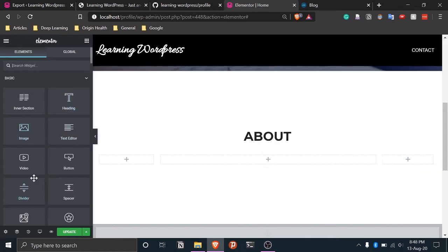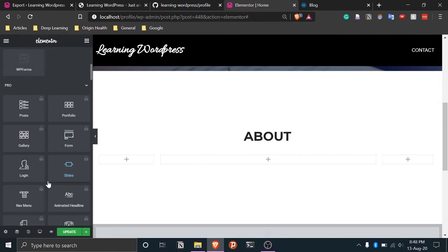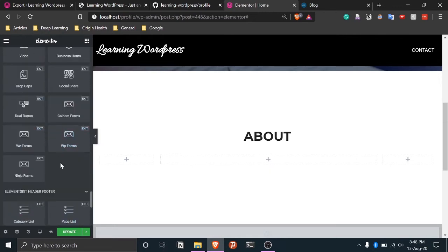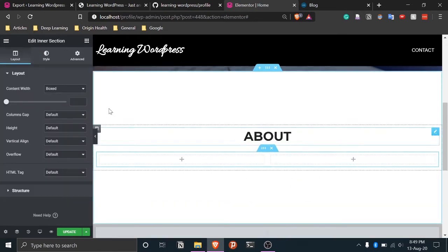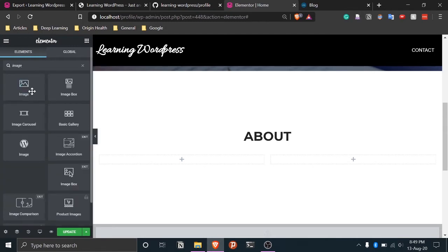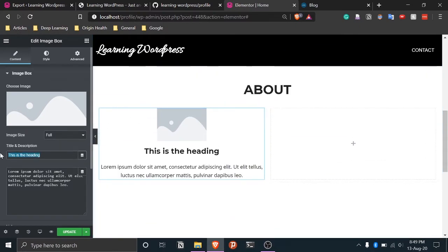Okay. Now we'll go here and we'll go to some. There are a lot of things that you can choose from here based on what you want. So we'll put some section here. Let's say we want to put two things, two posts here. So we'll just put this section, and here we'll go and search for image box, and then we'll pick and place this. Similarly, this is the heading. For heading, let's say we'll do post one something.